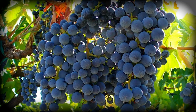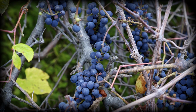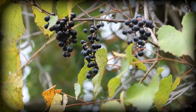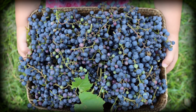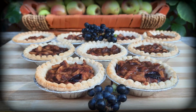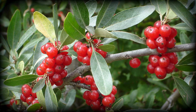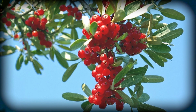What made wild grapes truly valuable was their reliability and versatility. Even during difficult growing seasons, the vines would produce enough fruit for family needs. The grapes could be used fresh, dried for winter storage, or processed into various preserved foods that added variety and nutrition to monotonous winter diets. Fruit number 1, Buffaloberry. On the Great Plains, where few fruits could survive the harsh conditions, families relied on buffalo